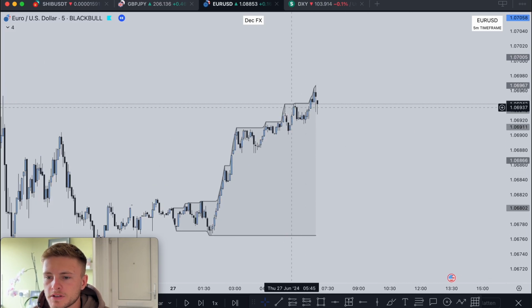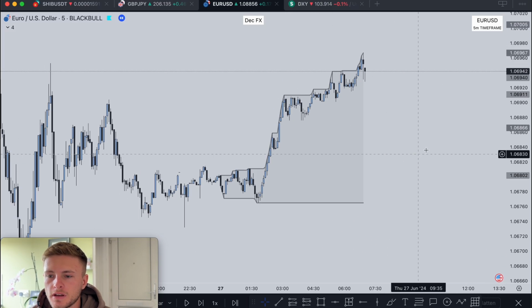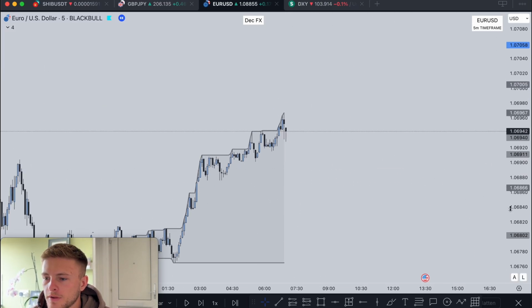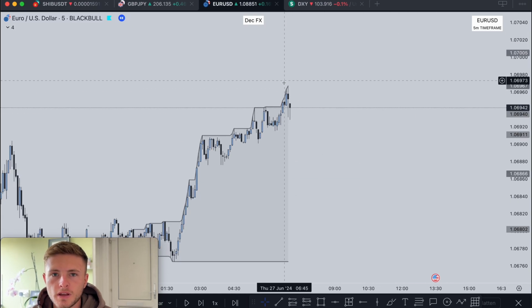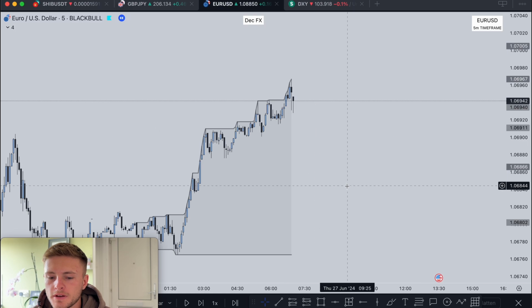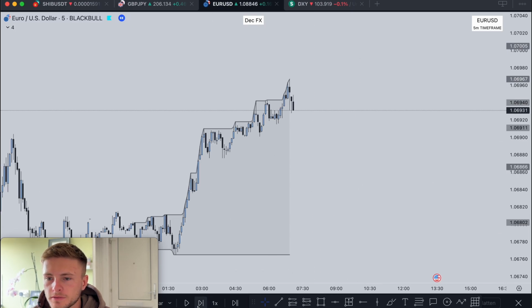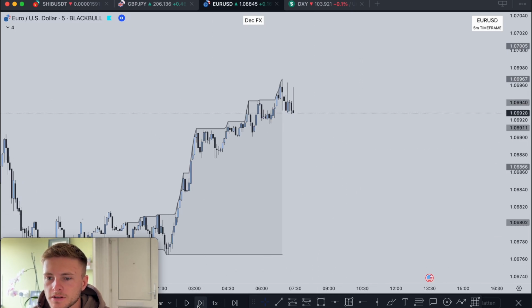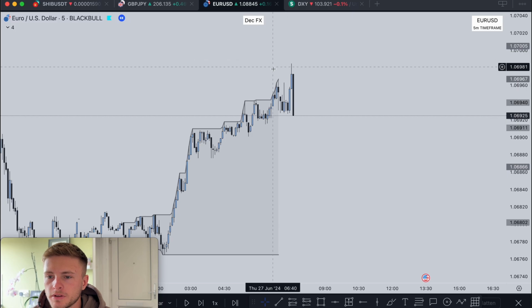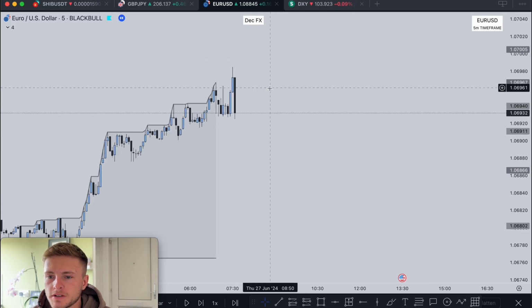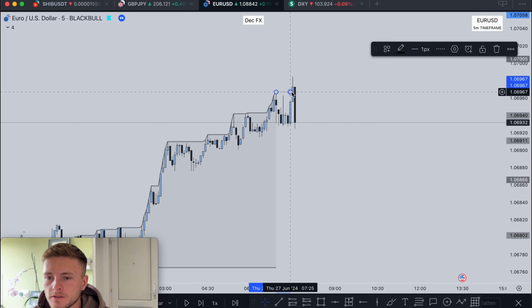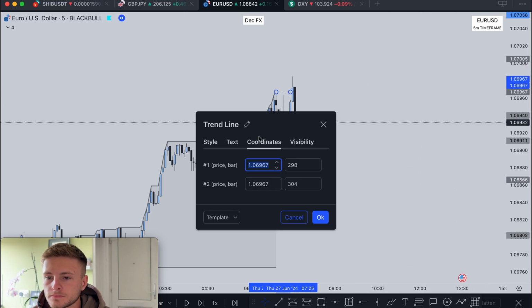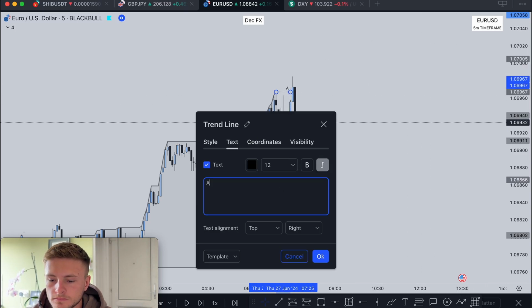So basically we could see prices pretty much at the top of the range. And I was waiting for price to break up and sweep some liquidity from the top of the Asia range. So if I play price forward, we can see we come up, sweep Asia highs here. So if you mark that on there, Asia highs,